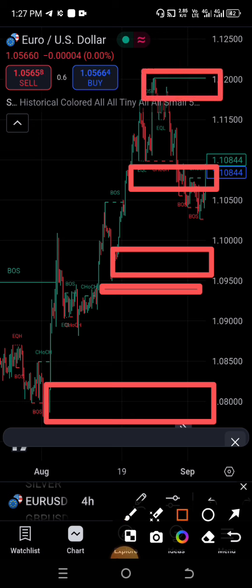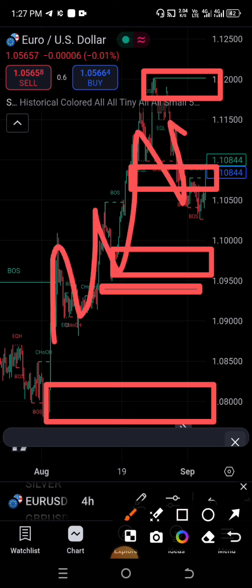This is where you mark your order block from if you want to sell. What happened in between, all these moves, has nothing to do with you. Mark your order block here and wait for the price to come to this zone